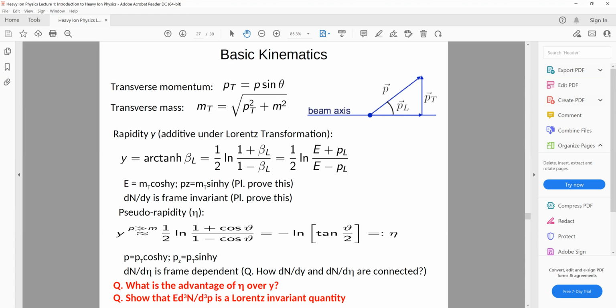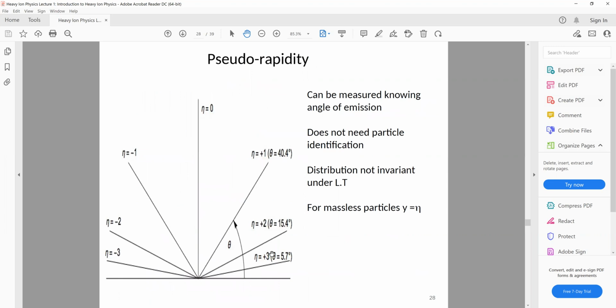So why is this called the triple differential invariant cross section? Because we have a triple differential, and invariant because it is invariant under Lorentz transformation. So if you measure it, it remains the same in the center of mass frame as well as in the lab frame. How will you show this? This remains as an exercise problem, an assignment problem, to prove this. And I think you will also discuss it in more detail in your kinematics course. So this is the relation for eta. Eta equal to 0, the mid rapidity or mid pseudo rapidity, is the perpendicular, the 90-degree direction. And as you increase eta more and more, you go closer and closer to the beam pipe.